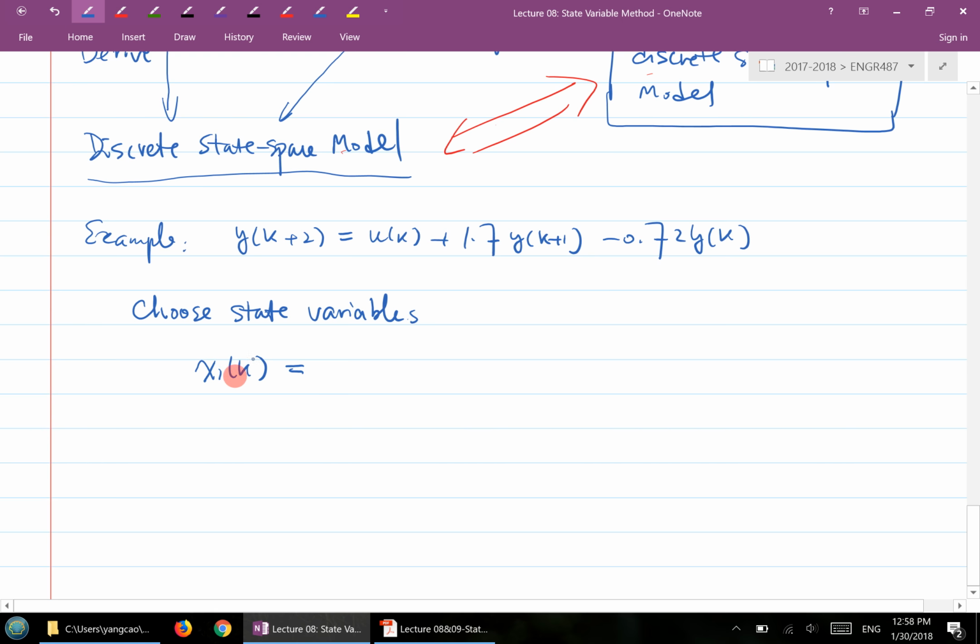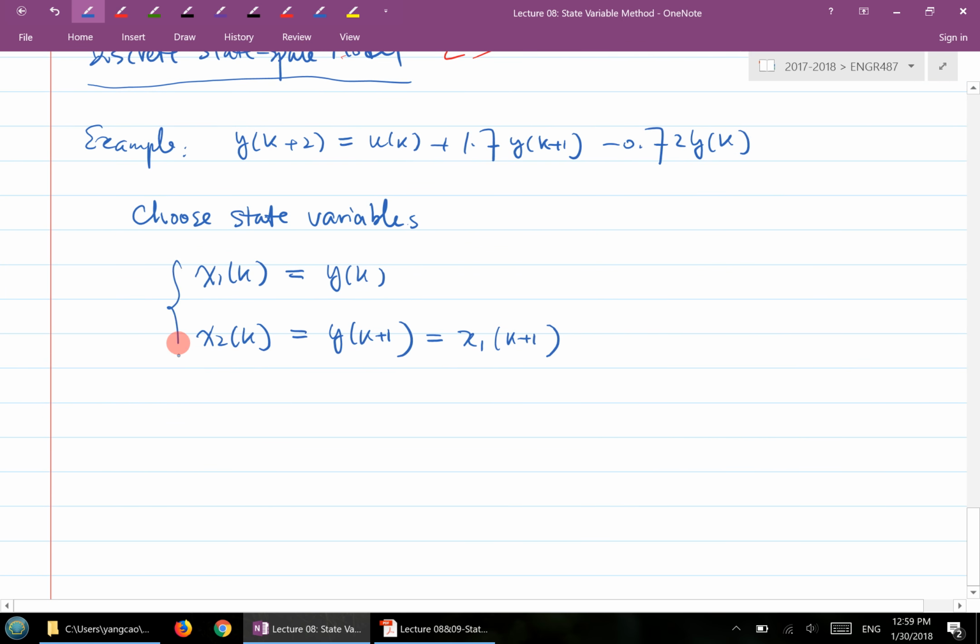We'll pick the first state to be the same as y of k, and then we pick our second state variable to be y of k plus 1. So this first state here is y of k, and you can see I can write the second state as x1 of k plus 1, right? So x1 of k plus 1 is basically y of k plus 1. Okay. So with these two state variables,